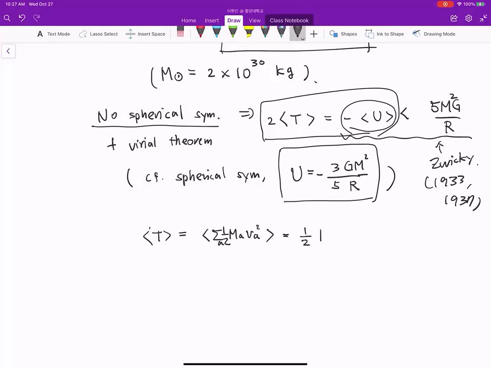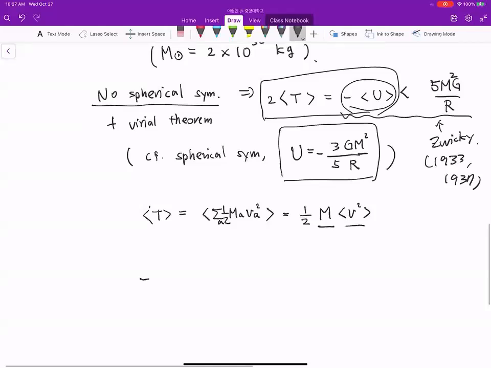And then we define the averaged dispersion by taking this. So M is the total mass, and this v square is the averaged dispersion for the galaxies. So from there, you can see that if we take this limit only, then M